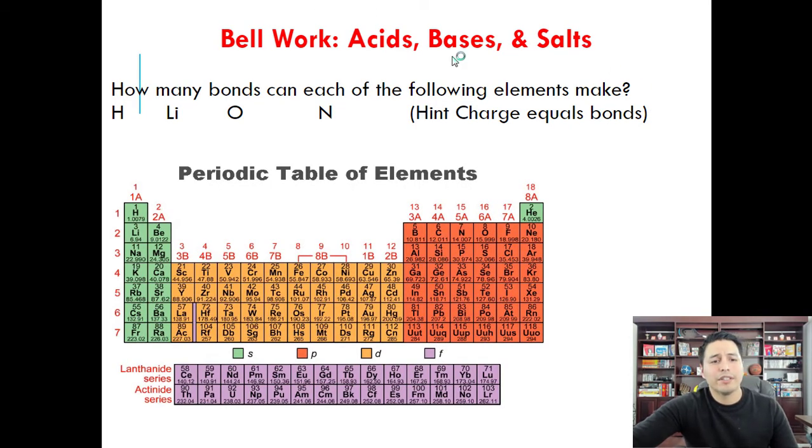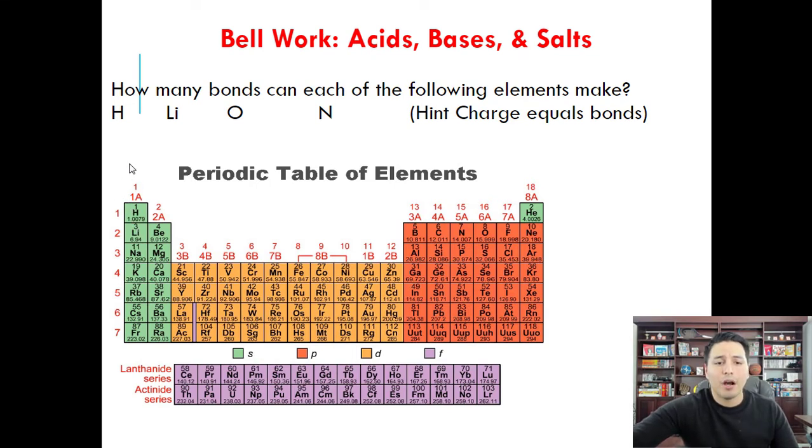So looking at this question here, it says, how many bonds can each of the following elements make? Now remember, your charge is equal to your number of bonds. So all of this family has a +1 charge, followed by a +2, +3, +4, -3, -2, a -1, and 0. So if you see hydrogen and lithium, they're in this family over here, which means that this can just